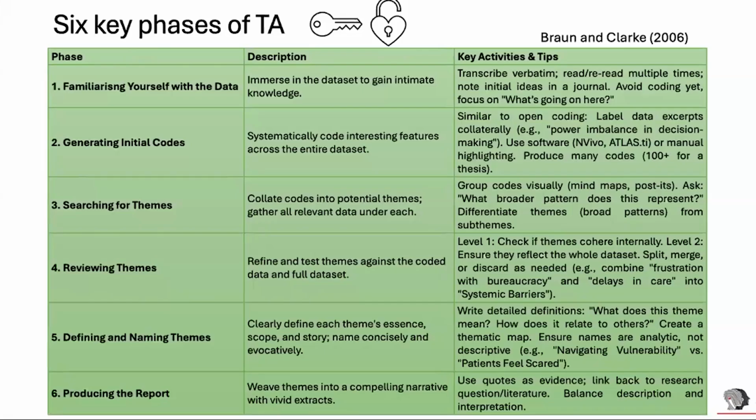You group them and you start developing what we call a mind map. A mind map will actually assist you in asking questions such as, what is the broader pattern and what does it represent? And here you will be able to differentiate the themes based on these broad patterns